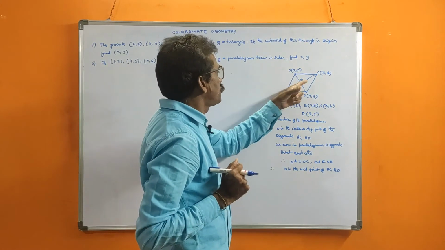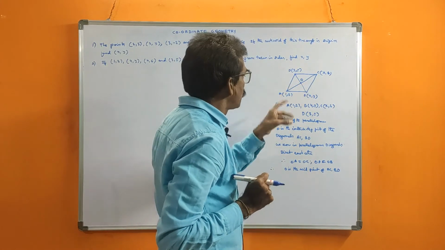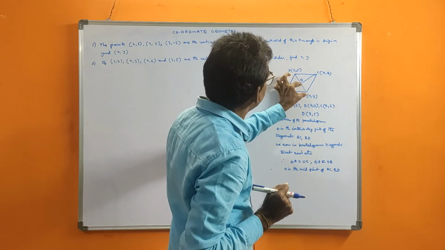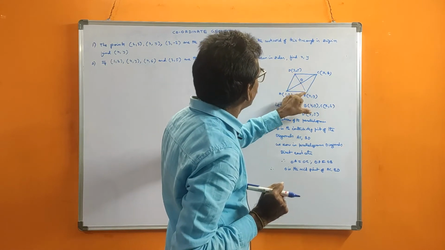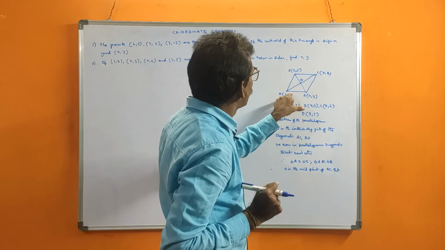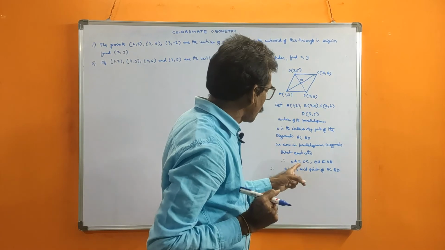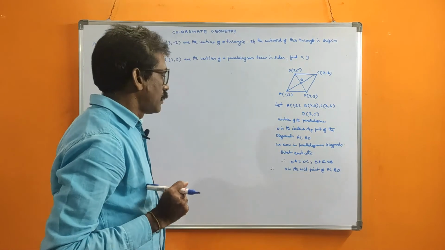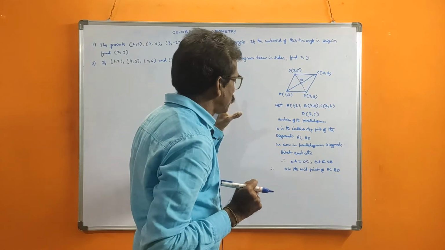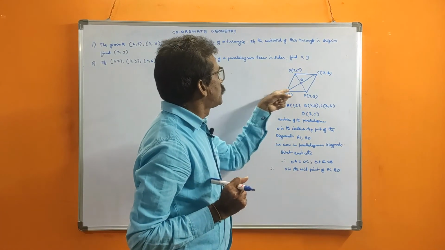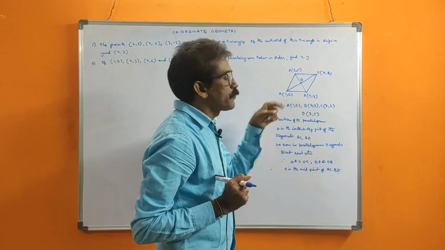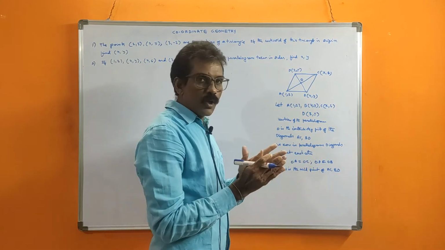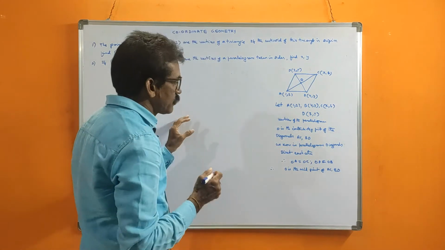How can you say this is the midpoint of both? They are intersecting. Intersecting means what? This piece is equal, so this is the midpoint of BD. This piece is equal, then only it is the midpoint of both. That's why we wrote that condition clearly here. Now, you calculate the midpoints for AC and BD. AC midpoint you calculate, BD midpoint you calculate. Both are the same, so you equate. Then you will get the variables.